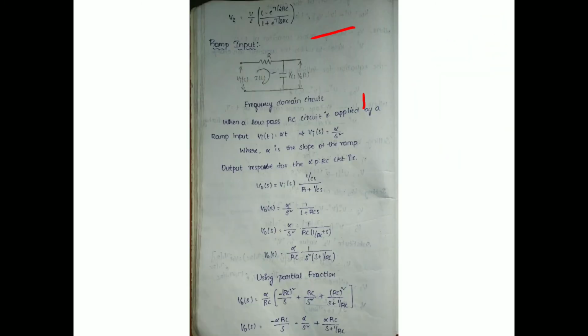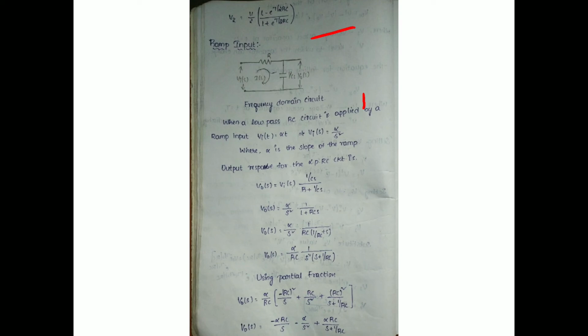This is an important question for the final exams. Low pass filter and high pass filter are very important questions in the first unit, linear wave shaping. In this, the square wave input signal applied to the low pass filter is important. This is the concept of the low pass filter. Once the square wave signal is applied, let us come to the ramp signal.